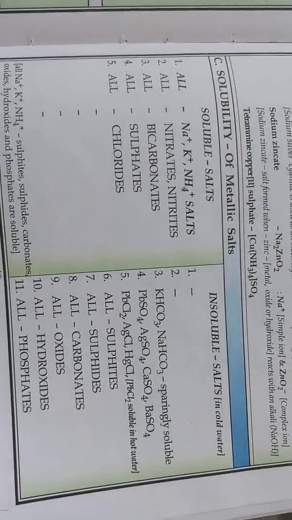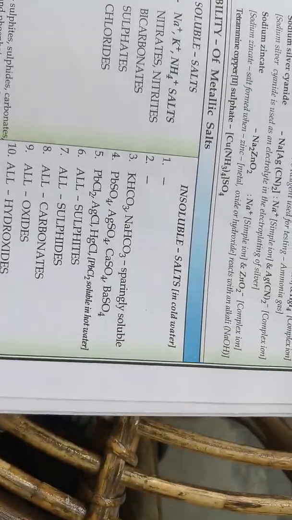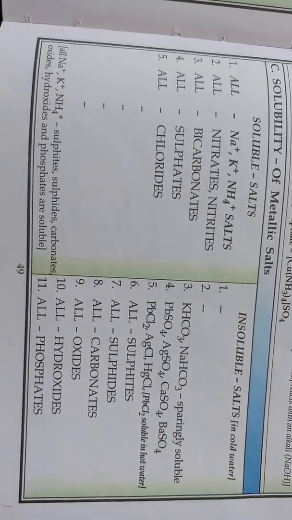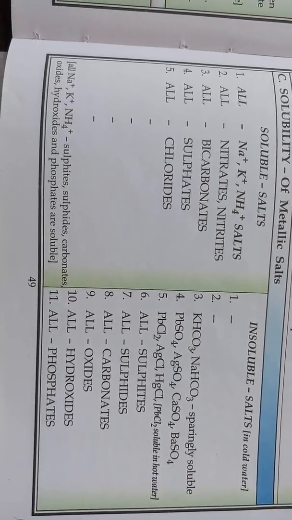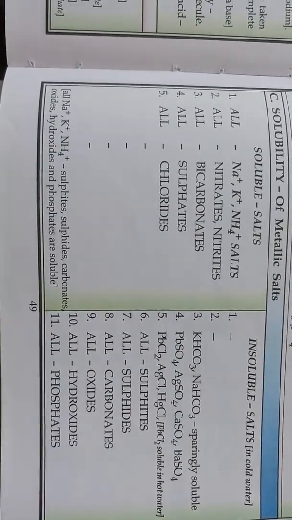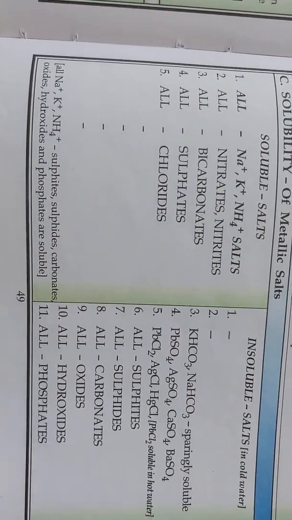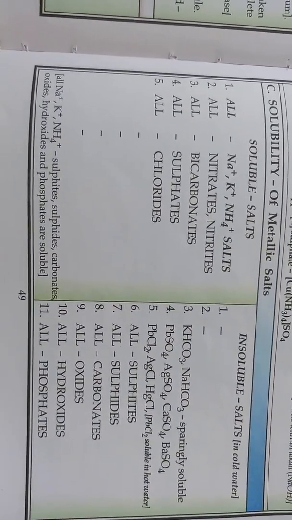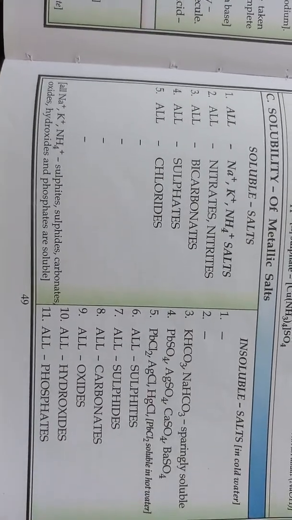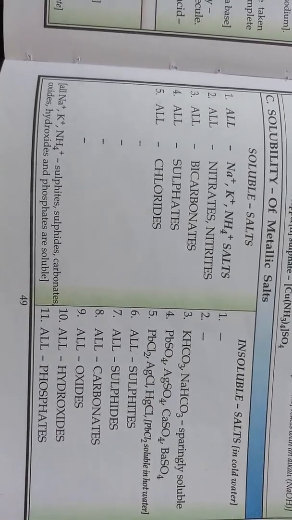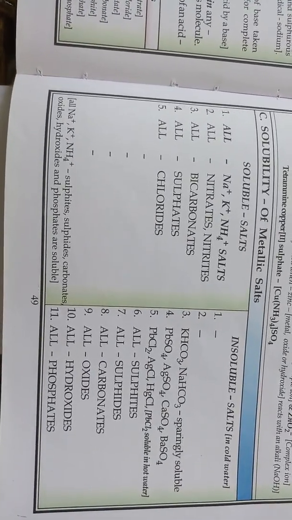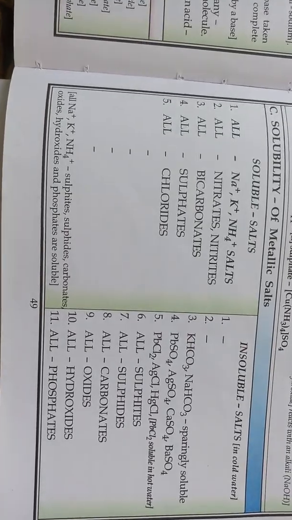And then insoluble salts, it means they form precipitates. When you say insoluble salt, it forms precipitates. They have given three examples. They are insoluble in water, in cold water. Potassium bicarbonate and sodium bicarbonate are sparingly soluble. It means they are soluble sparingly, not wholly. So it remains in the precipitate form in the test tube or the given apparatus. Lead sulfate, silver sulfate, calcium sulfate, beryllium sulfate, they are insoluble. So it forms precipitates in other words.